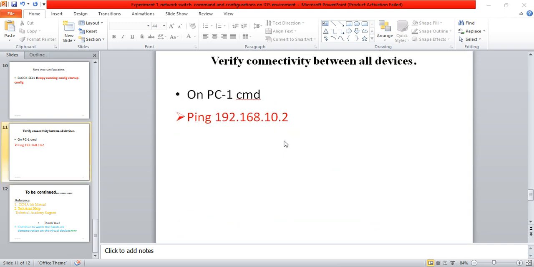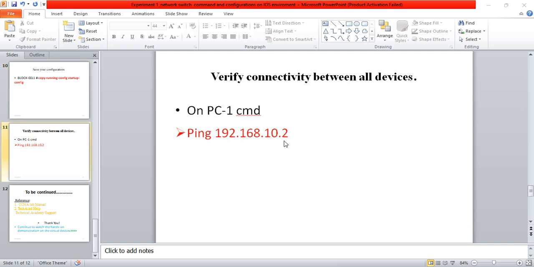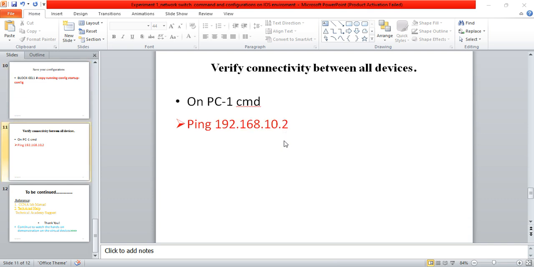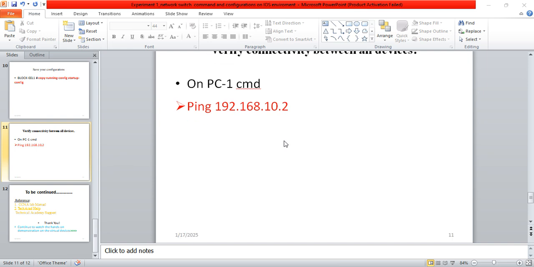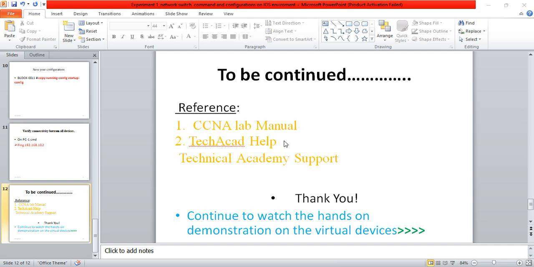In summary, you need to master the commands in a switch and how we configure them on Packet Tracer. We have checked them out. This information you can get in the CCNA manual or TAC help,